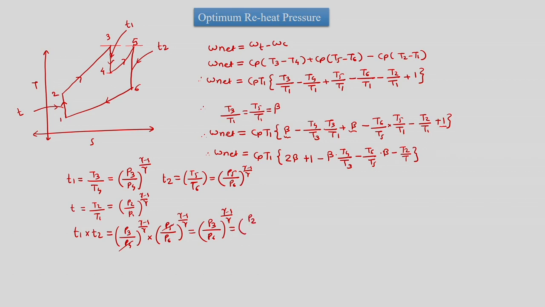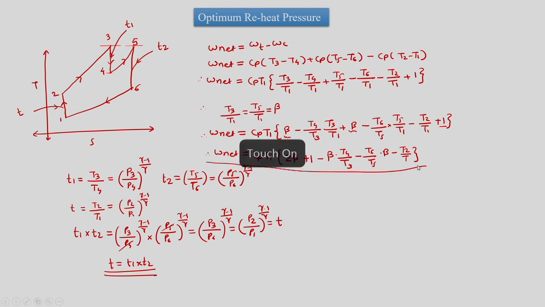But P3 is equal to P2 and P6 is equal to P1. So it is (P2 by P1) bracket raised to gamma minus 1 upon gamma, which is T. So we have T is equal to T1 into T2. So the temperature ratios for high pressure turbine into low pressure turbine is equal to the temperature ratio for compressor. So this we should know, and we should use this for deriving the optimum case. We should remember this expression,